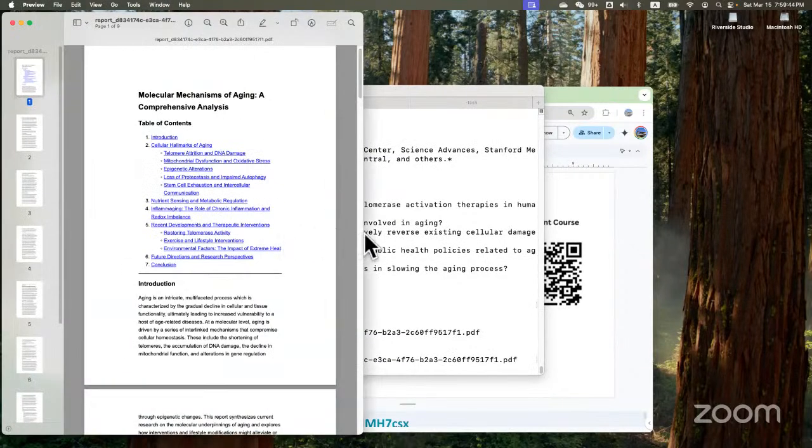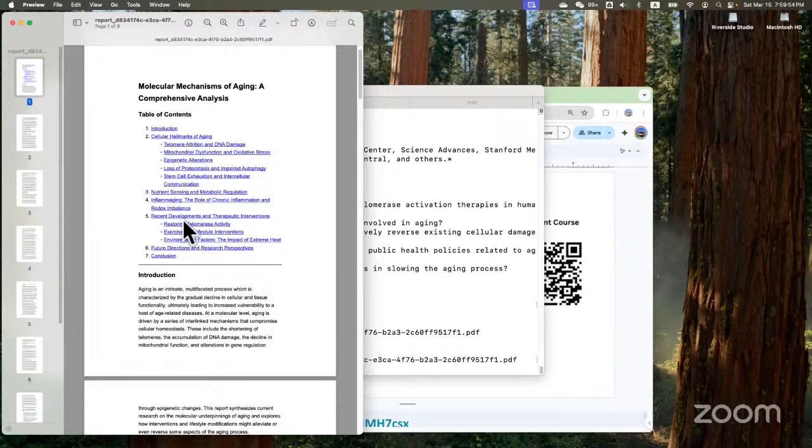As you see, there's a nice table of contents, and it went into pretty good detail about how aging works, the mechanics of aging, from different angles.